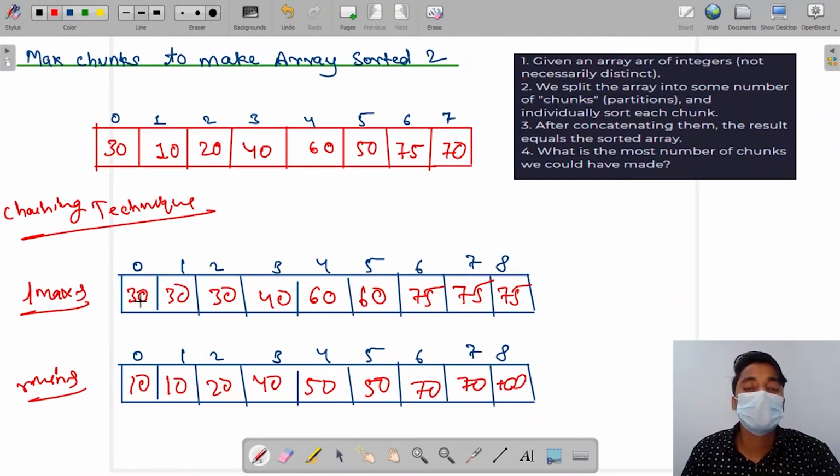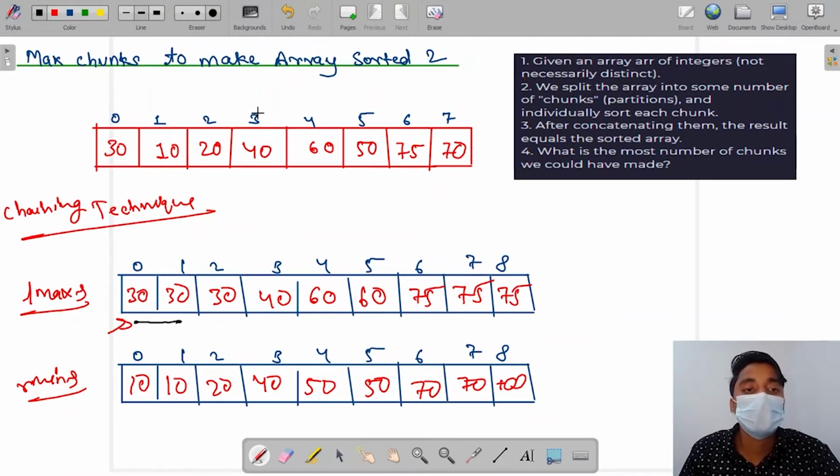Now we will use this to find the range of each element. If we are at 0, this means the maximum value till that is 30. If we check the R minimum, how far it will go, we need to check the index plus 1 of rmin. If we are at 0, we need to check at 1. And here we can see 10 is smaller than 30. This means this 30 can go till the first index also, because rmin is 10.